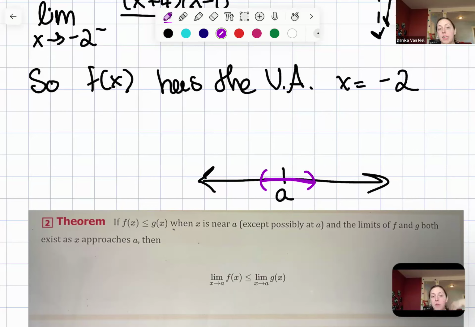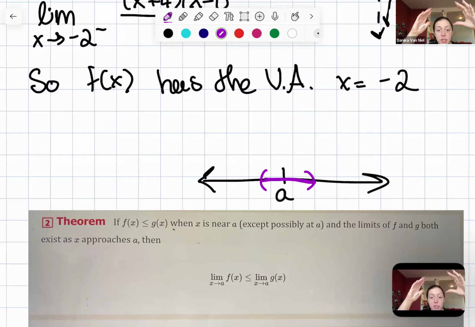And then we need that the limits of f and g both exist, or else what does it mean for does not exist to be less than or equal to something? That doesn't make any sense. Or does not exist greater than or equal to something, that also doesn't make any sense. So basically what they're saying is, if around a, a little bit to the left, a little bit to the right of a, except maybe not right at a, because remember, sometimes we can have jump discontinuities, we can have some weird, funky things happening,